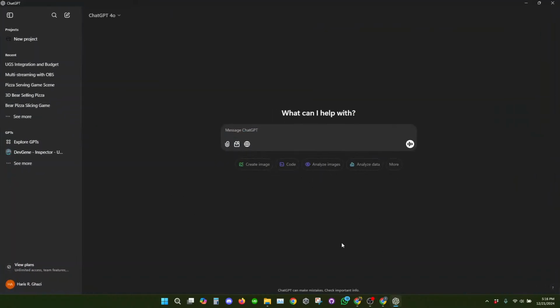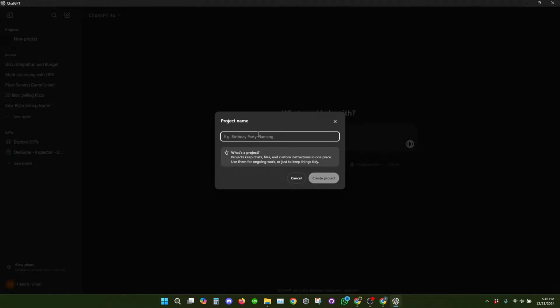Okay, cool. So we have ChatGPT here, and after a lot of updates, ChatGPT has now introduced projects. So now we can group the chats here, and it will be much easier for us to manage.